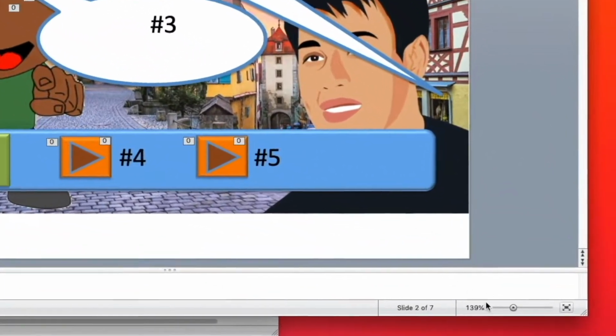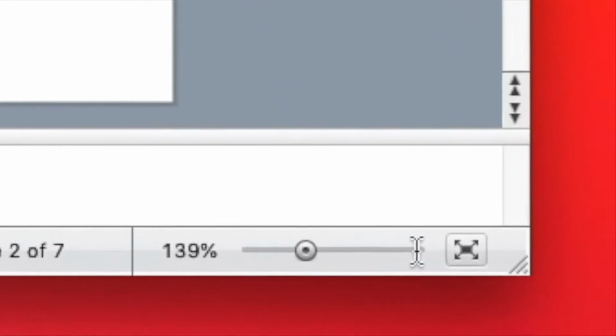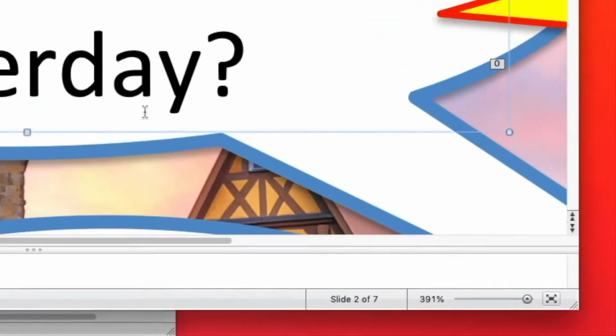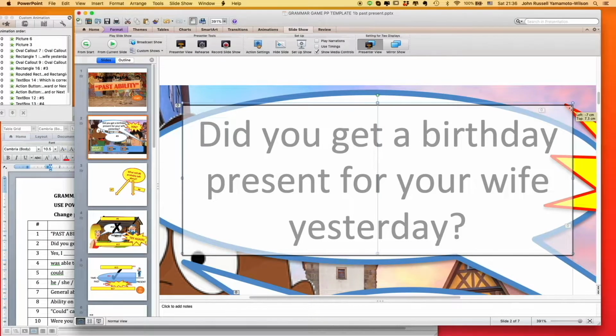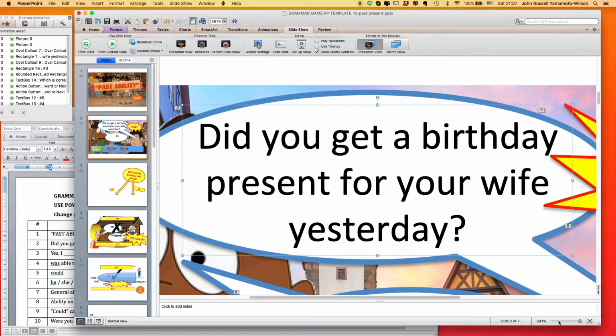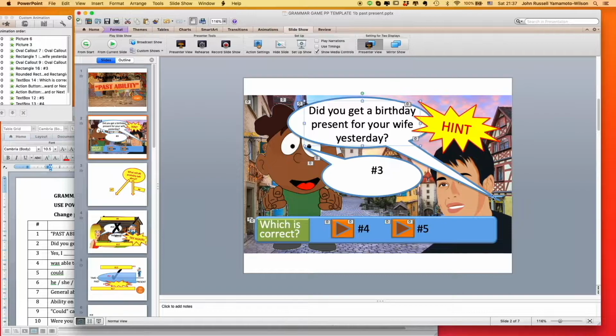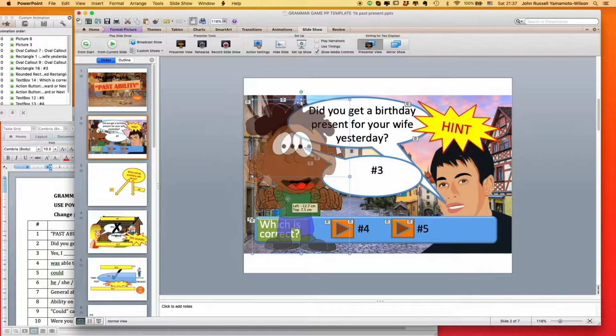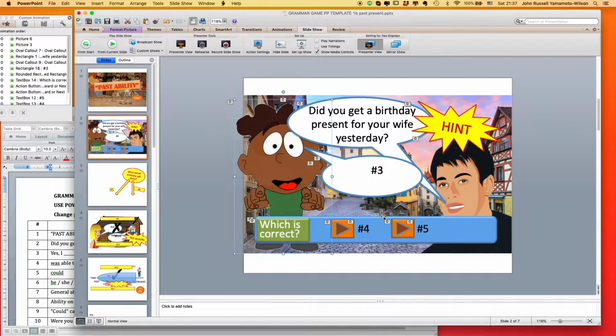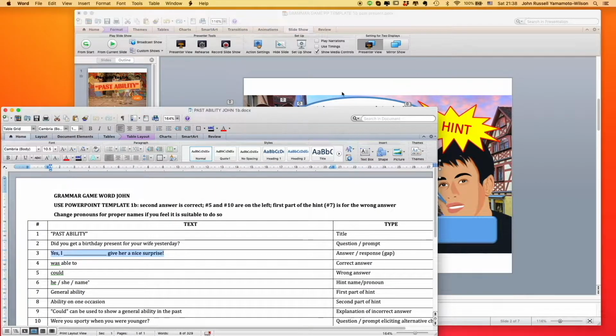It's worth noting that you can change the size of the slide, and that makes it easier to do the fine-tuning here. I can just move it a fraction, like that. Alright, so I'll just make the picture a bit smaller again, and I'll move the mouth part of the speech bubble. And I think I'll move Benji a little bit over to the left there, and then fill in the next speech bubble. So, highlight the text and paste it in.